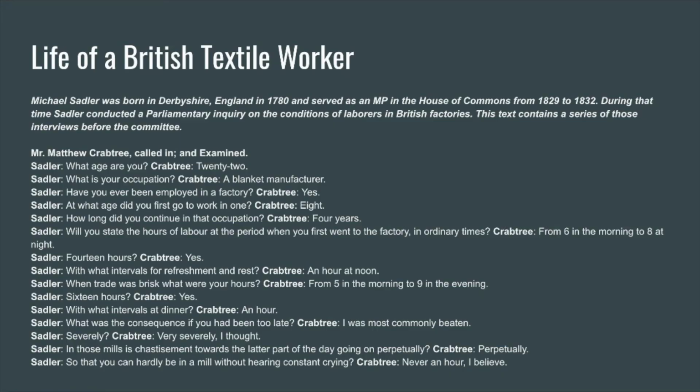Our third document is entitled The Life of a British Textile Worker. And I have some background information here about this particular text. So Michael Sadleir was born in Derbyshire, England in 1780, and he was a member of Parliament. That's what this MP stands for. A member of Parliament in the House of Commons, which is the equivalent of, say, the House of Representatives in